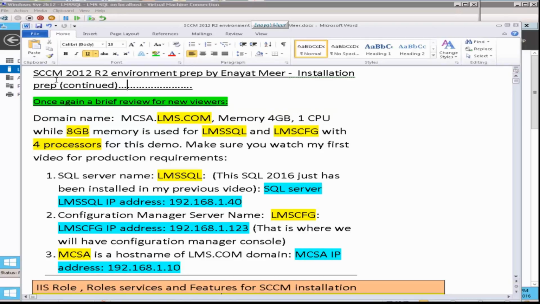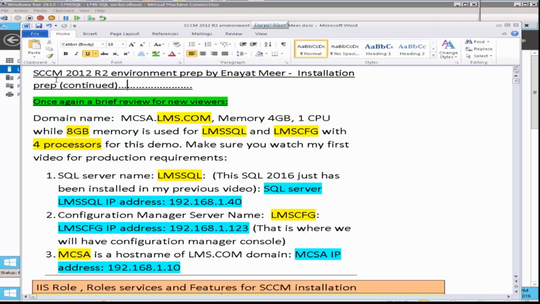I am not running SQL on my configuration manager server, so I am running a dedicated SQL server which will be my SMS provider, and LMS CFG will be my configuration manager running Windows Server 2012 R2 operating system.